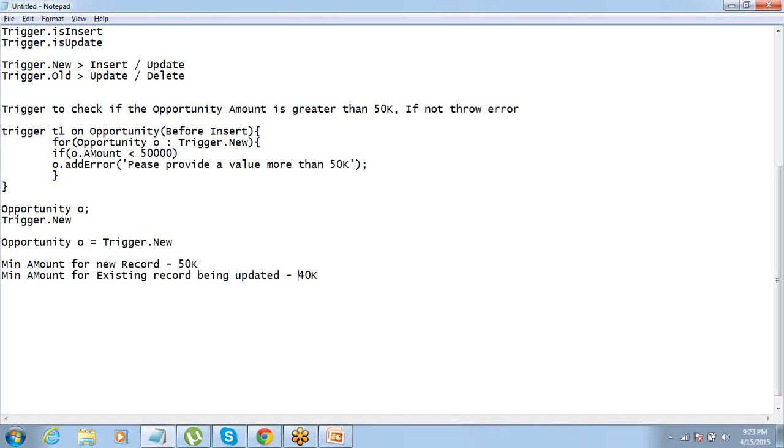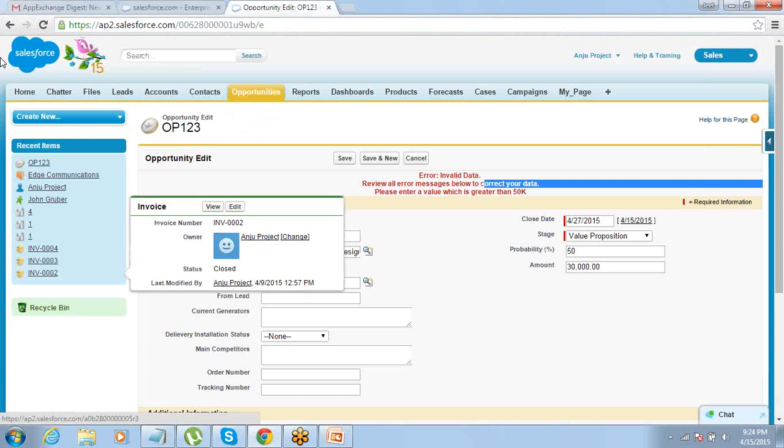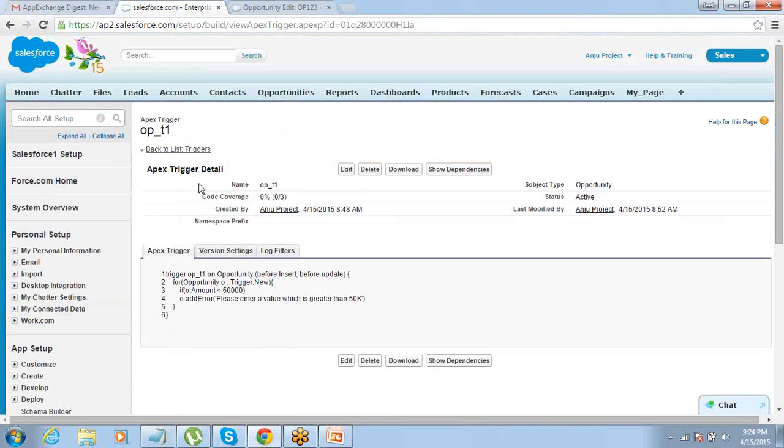This can be a logic, right? The company says that anytime a new record is being created, just check if the amount is greater than 50,000 or not. But if an existing record is being updated, even if it is 40,000, consider it. It's okay. Fine. We'll just do that part. So for that, I have to define two logics here.